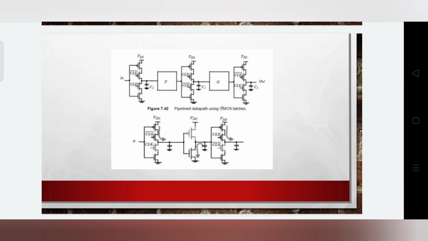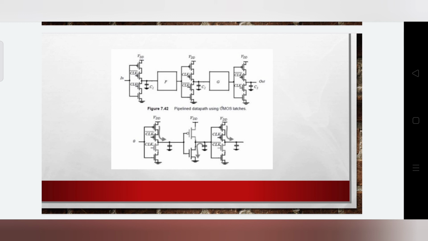We have already seen that during 0-0 overlap between clock and clock bar, all C2MOS latches simplify to pure pull-up networks. The only way a signal can race from stage to stage under this condition is when the logic function F is inverting, where F is replaced by a single static CMOS inverter. Similar considerations are valid for the 1-1 overlap.